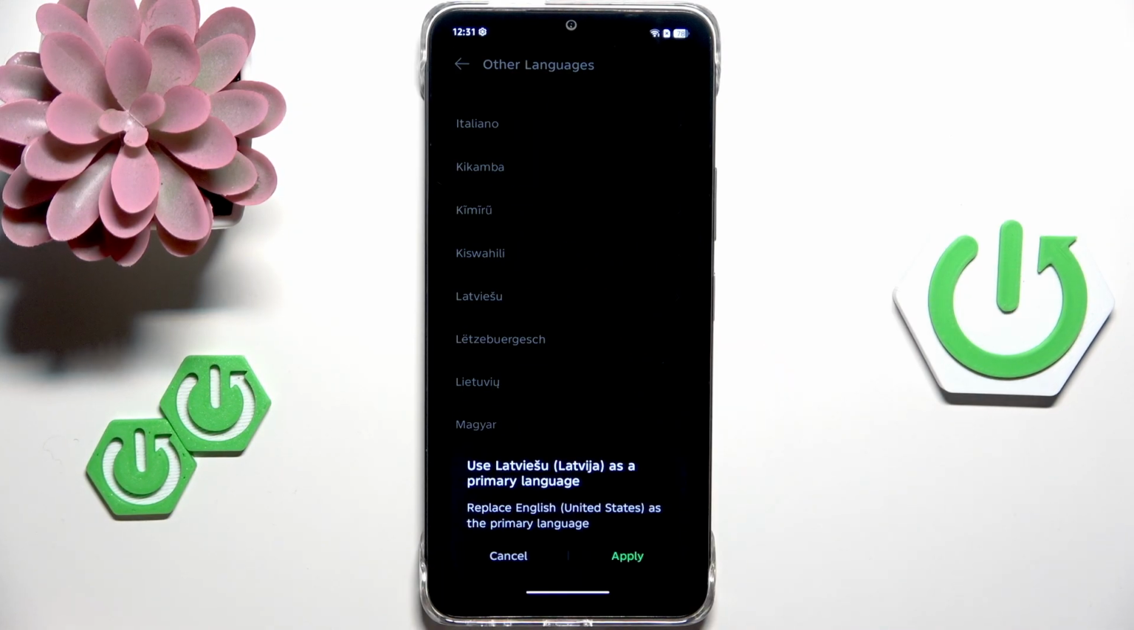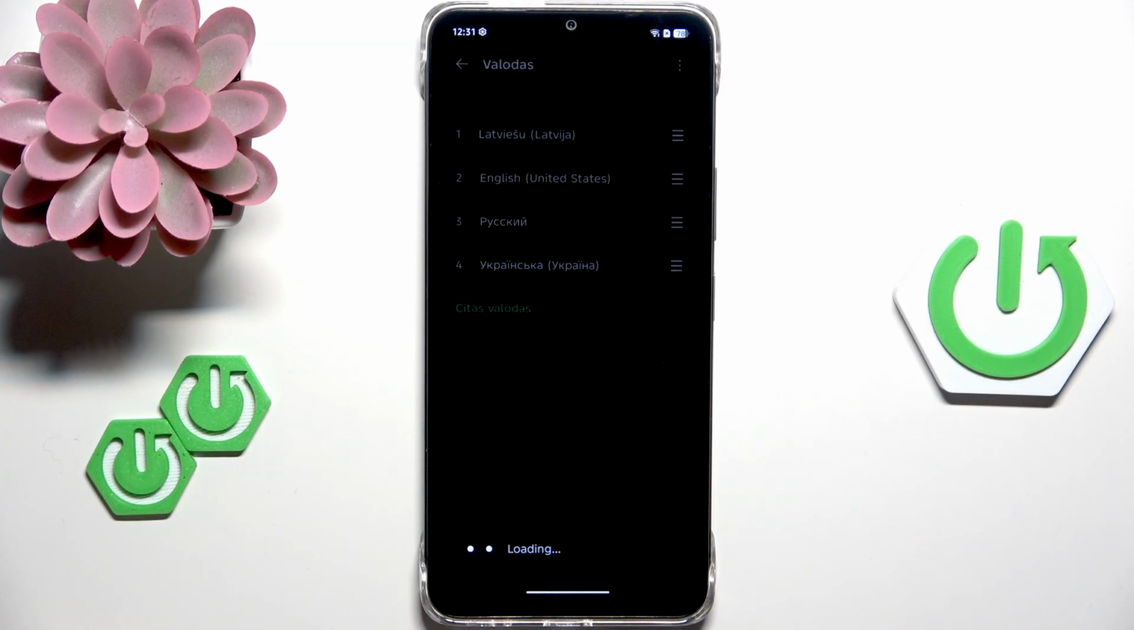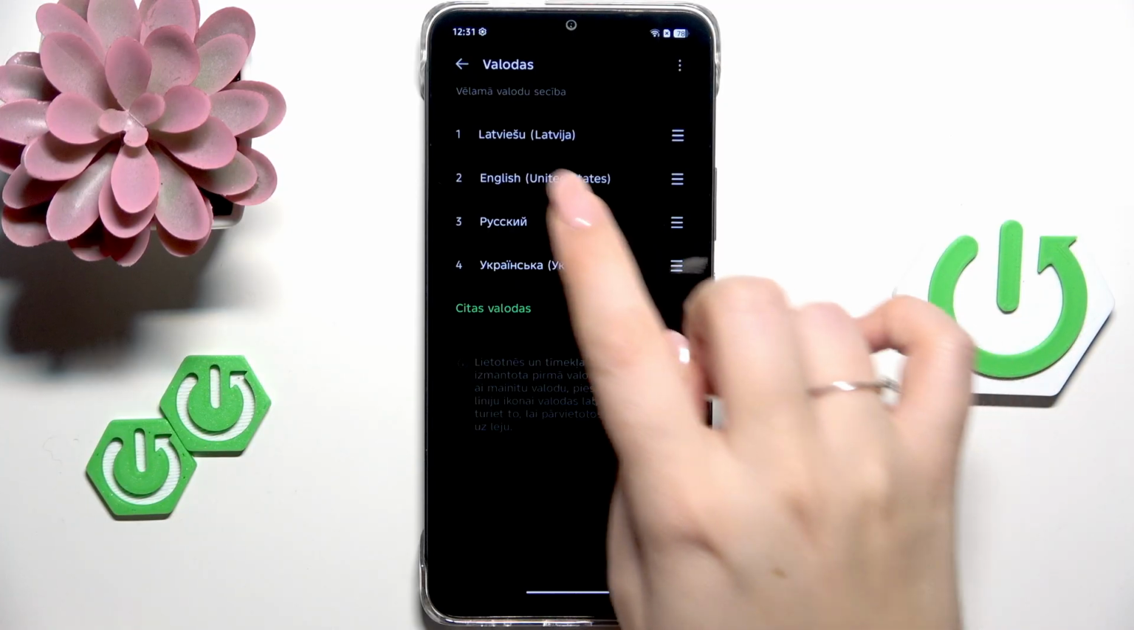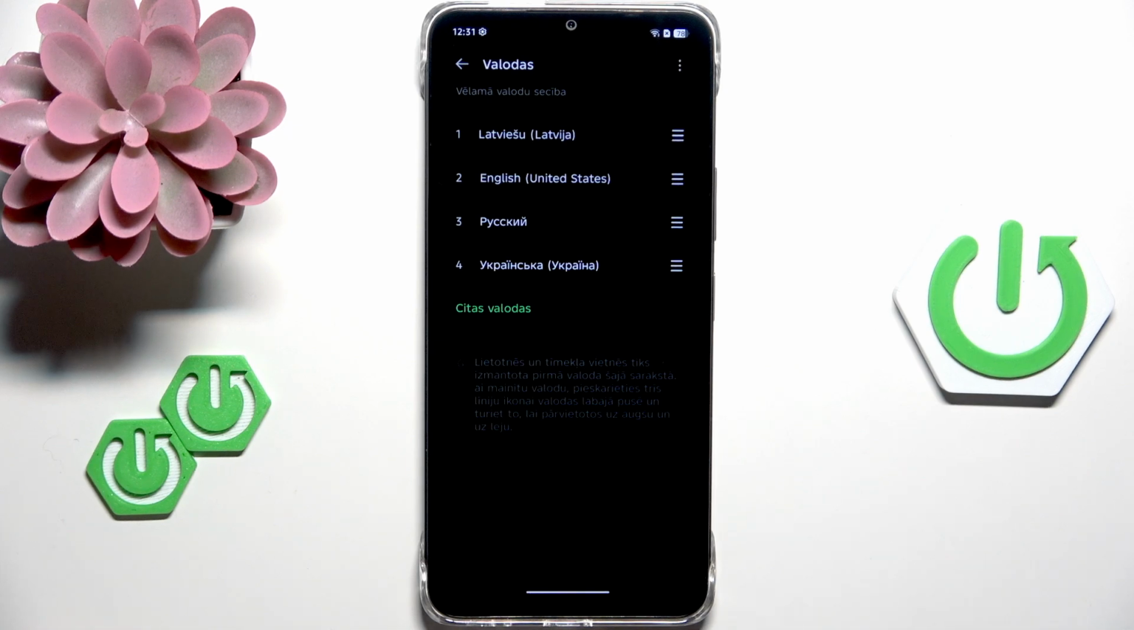this one. So just tap on it, and your device will immediately ask you whether you'd like to set the language as a default one. So just tap on apply, and now we just go back to this previous list, and now our language is at the very top of the list, and from now on the whole system will be displayed in the chosen